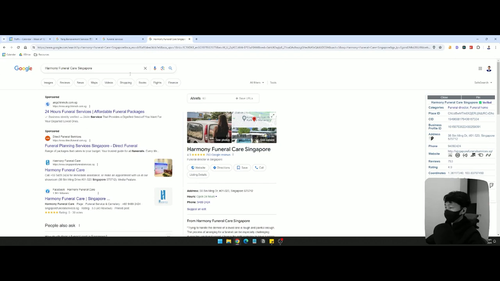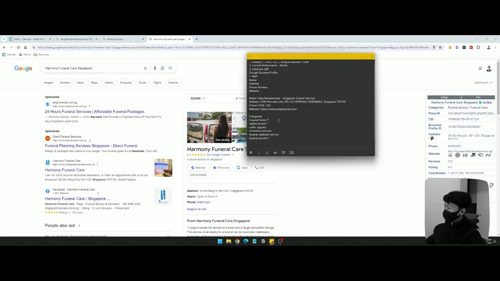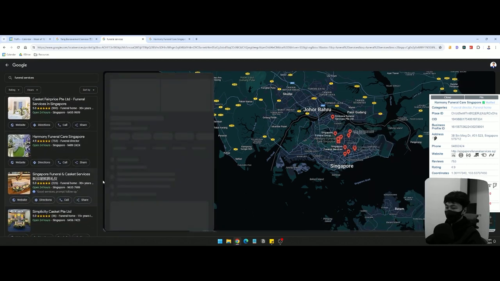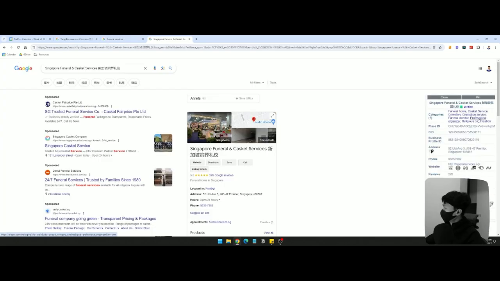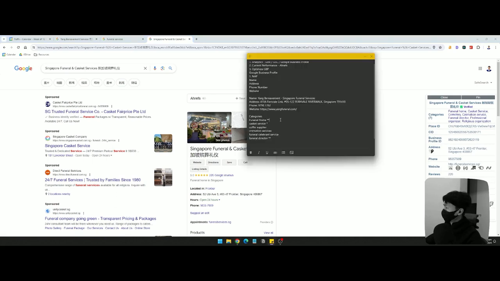What was I doing? Yeah, so this one: funeral care, funeral director, funeral home. And then let's just take a look at one more, shall we? So this is also going to be funeral home, casket service, cremation service. So it seems like funeral home, casket service, and cemetery. So ours is definitely not a cemetery. Cremation service could also